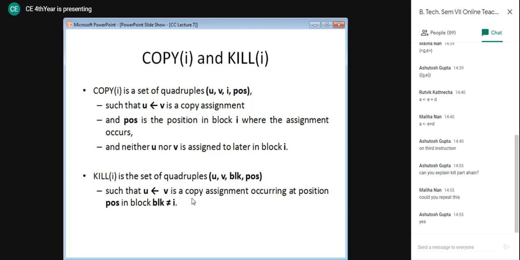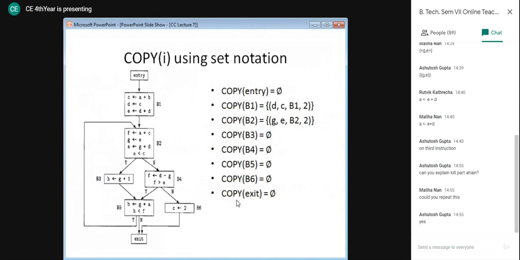So it must be first and foremost a copy assignment. All the copy assignments we have already found when we found the copy set. I hope there is no doubt in how we are getting the copy set. Whenever we have a copy assignment, that element is to be put in the copy set. Simple enough. Now let's have a look at the copy set for all the blocks. Now we need to take into account only two copy assignments.